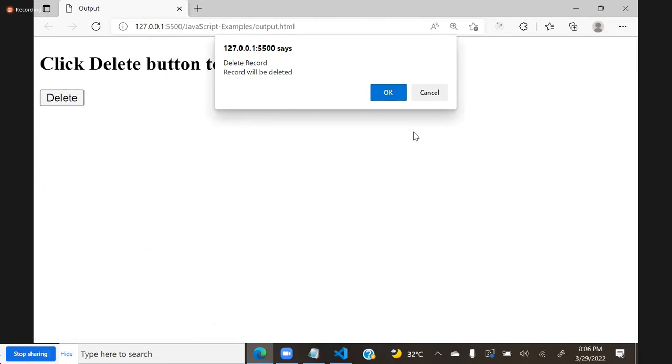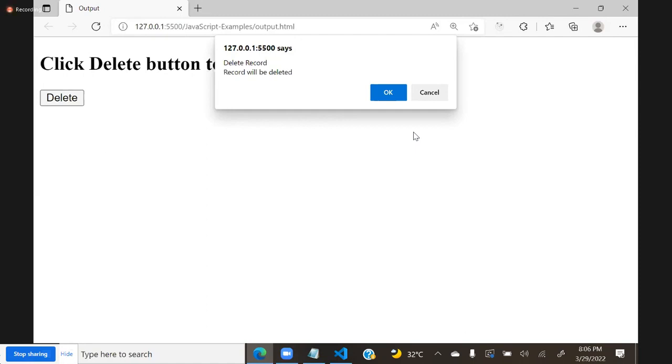Generally, sometimes websites will give yes, no. That is not confirm. That is a modal. If you remember, in Bootstrap we designed a modal. That means we can design our own confirm-like screens. Many times people ask, can I change the colors? Can I change the font style of this box? Can I change the size of the fonts in this box? You can't change. Then how to show like that? By using your own